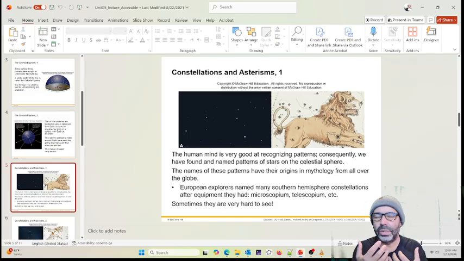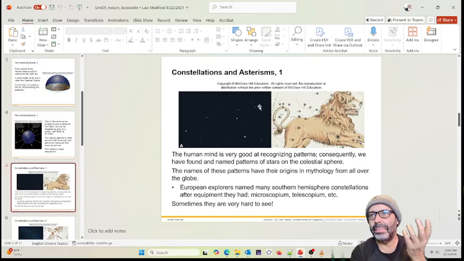One of the famous constellations, of course, is Leo, and this is how the stars of Leo would appear in the night sky when you look at them. For you, they may look different. People agreed that they look like some sort of a lion, and that's basically what this constellation is named. And also,